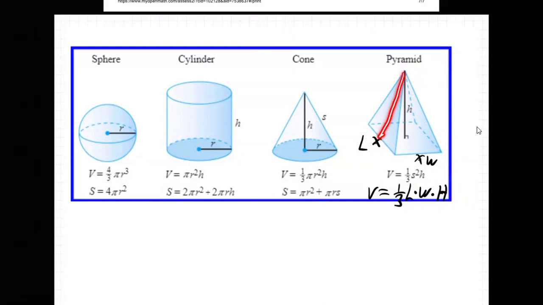Right? Height has to be straight down to the ground, 90 degrees to the ground, which means it's going to hit the middle of the pyramid, isn't it? The height of a pyramid is straight down the middle. That's real height. That's what we mean in any formula for volume. When we talk about height,